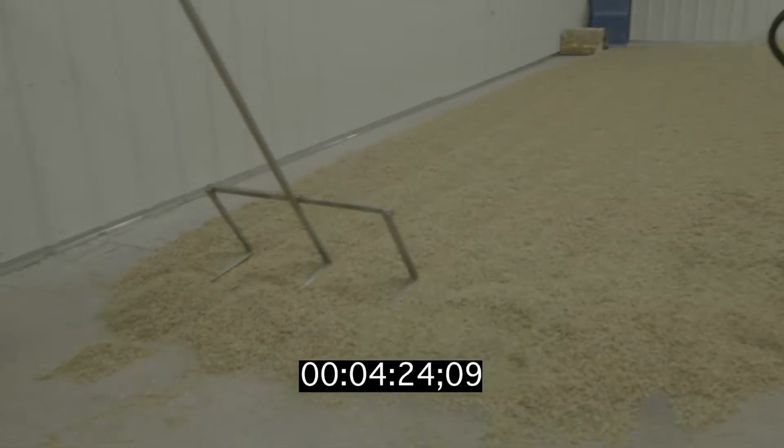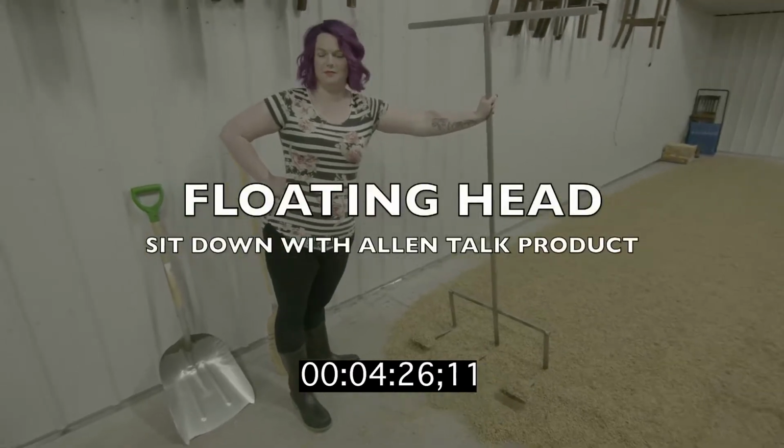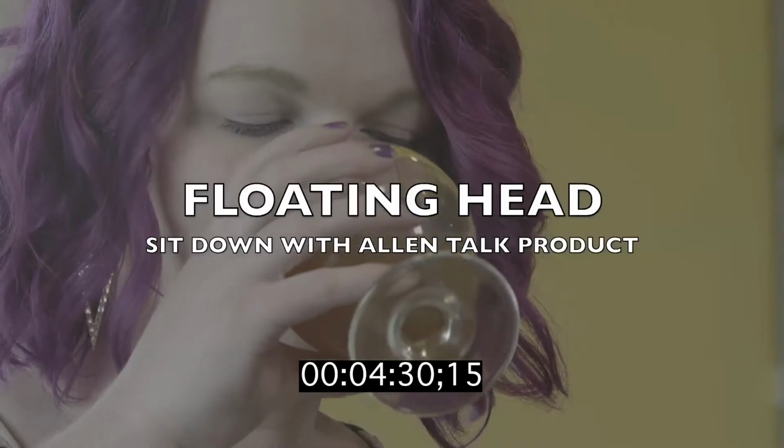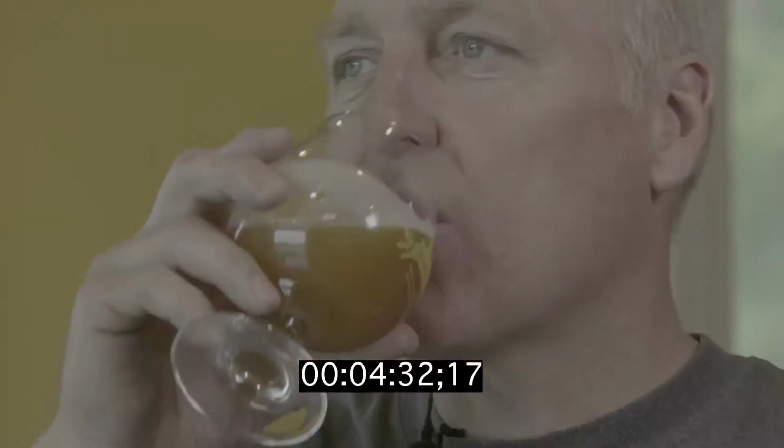This is heavier than it looks. That's really nice. So what percentage of the grain here would be from the rye? This would be about 15%. Okay. And typically any beer that has wheat or rye in it only has 10-20% of it